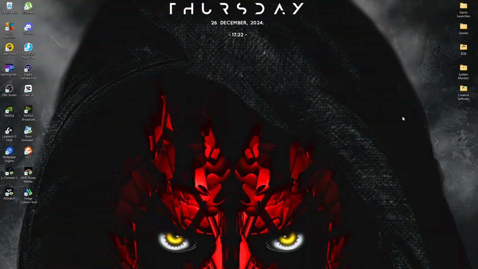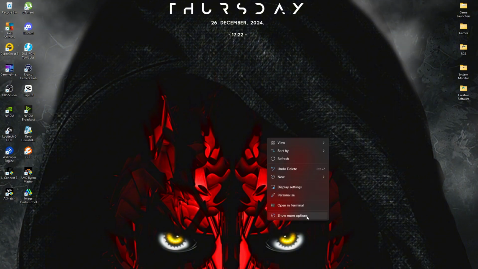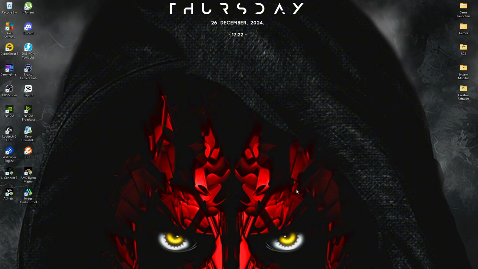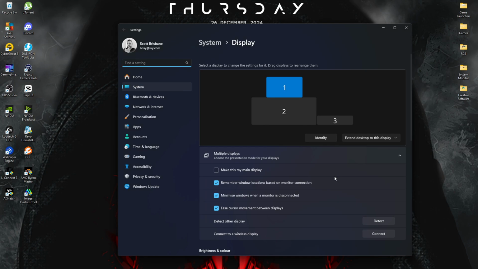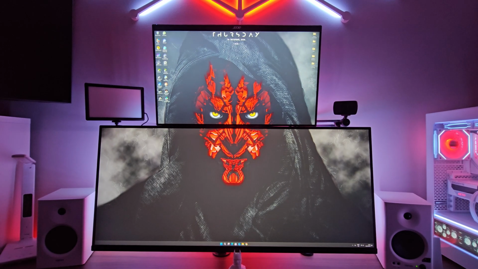When you're on your desktop, just right click your screen and go to display settings, and you should then see your 3 options of your monitor setup. And again, you can see the stacked arrangement that I've got, and then the little side display that I've got in some cases to the side. But if you've got any misalignments, it's just as simple as moving it into position, clicking apply, and seeing how it looks,